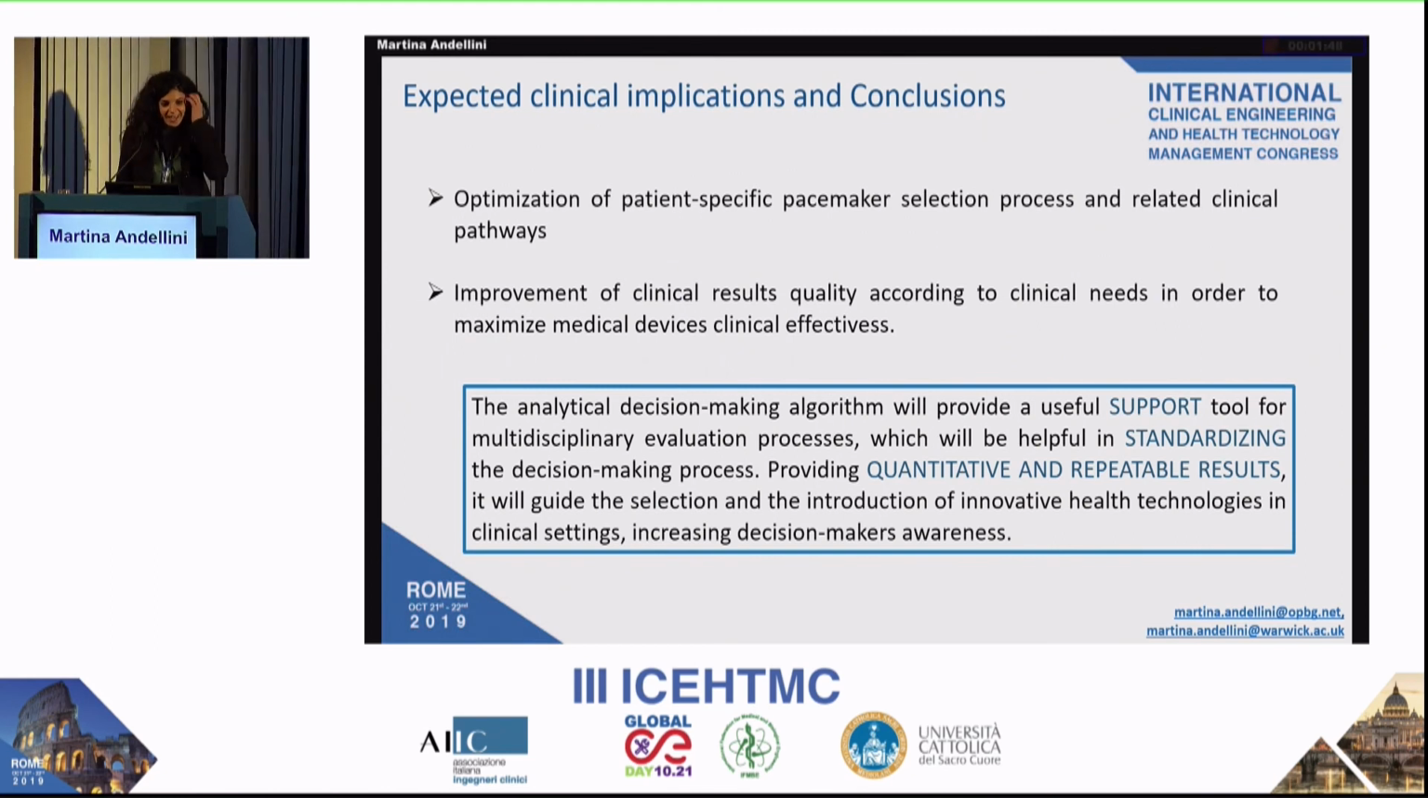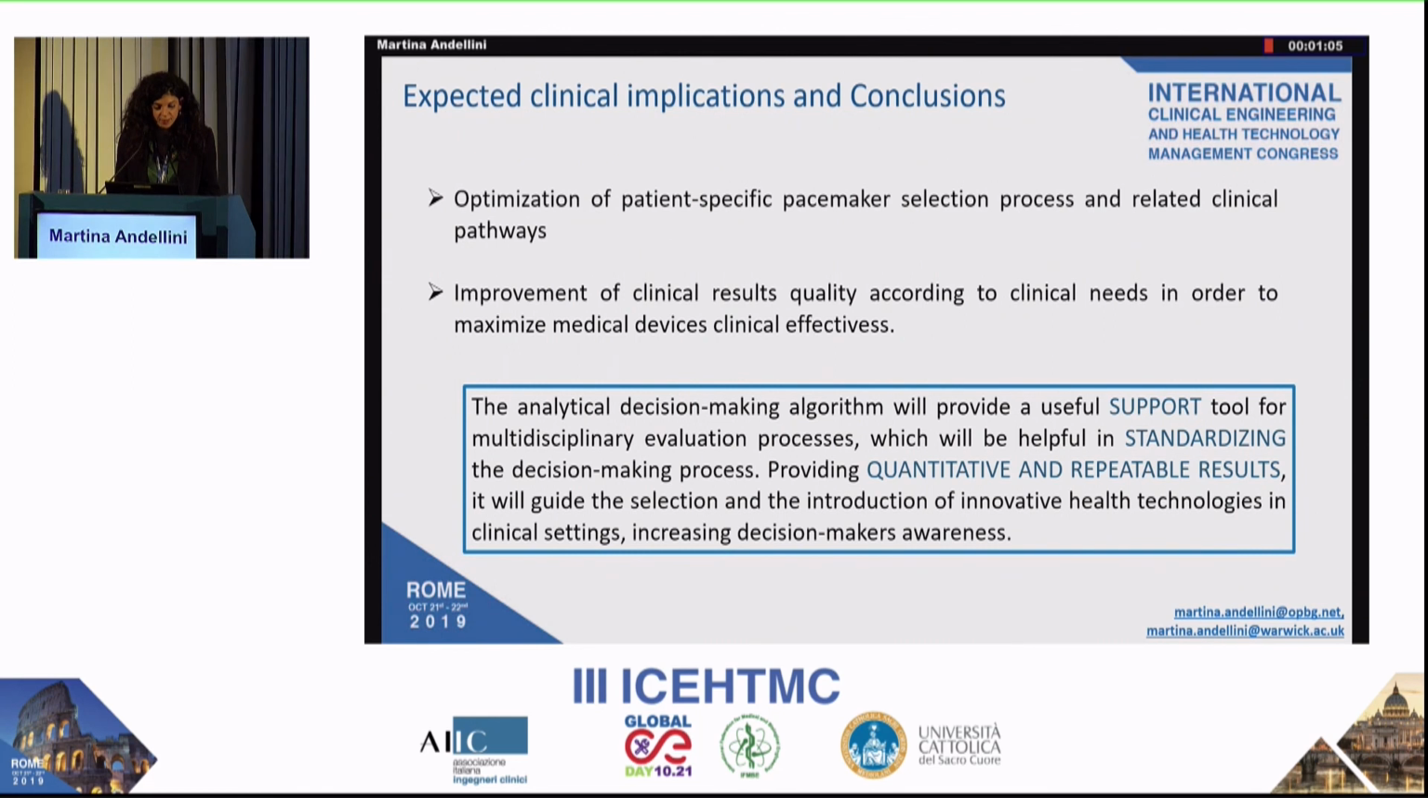In conclusion, we can expect from a clinical point of view an optimization of the patient-specific pacemaker selection process and related clinical pathways, because with this mathematical approach, we intend to model the current decision-making process of a physician in the selection of a patient-specific device, and an improvement of clinical result quality according to clinical needs in order to maximize medical devices' clinical effectiveness. So in conclusion, we can say that the analytical decision-making algorithm will provide a useful support tool for the multidisciplinary evaluation processes,